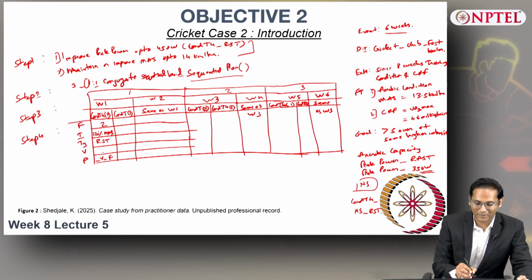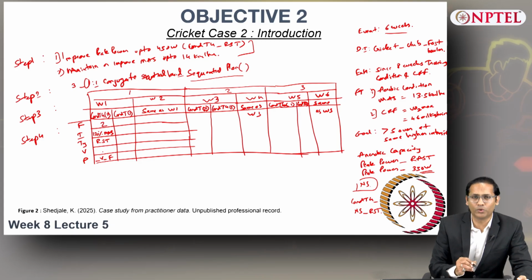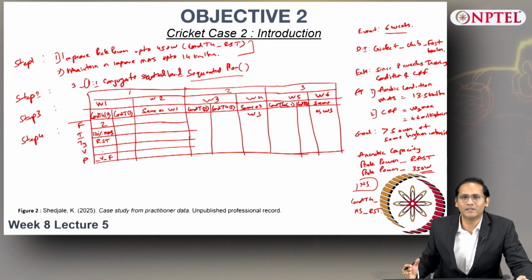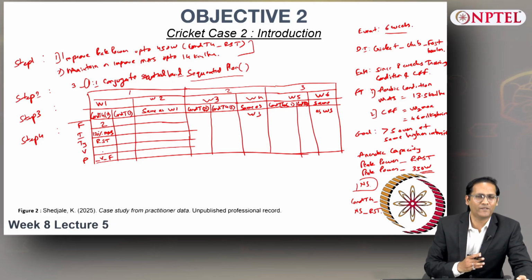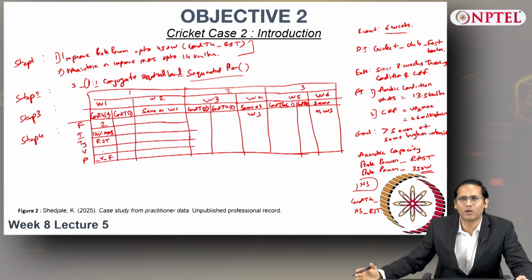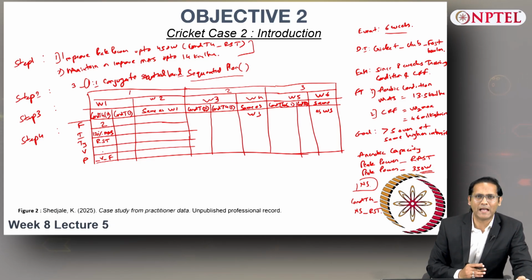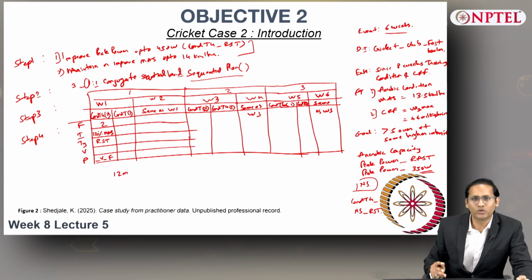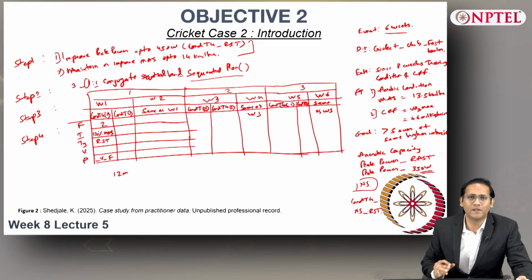Now the volume needs to be decided. So how do you calculate the volume? This is where you can use the cricket specific demands. A fast bowler has different types of run up length. Now this specific athlete has a run up length of around 12 meters. So this information